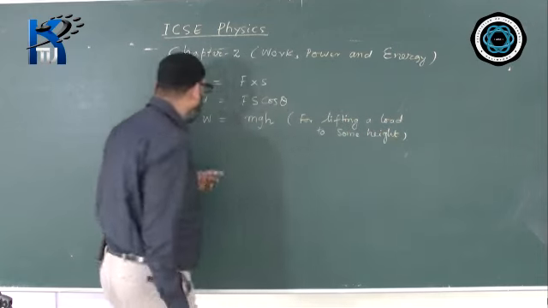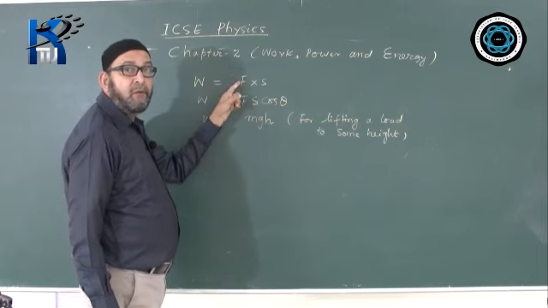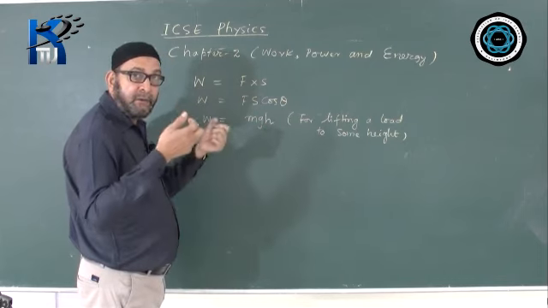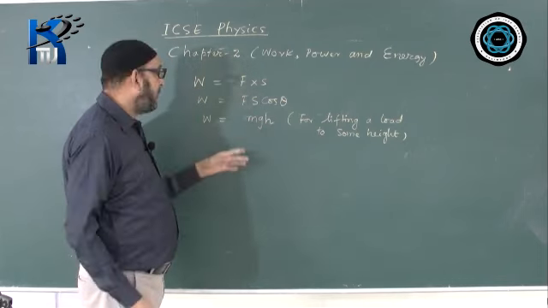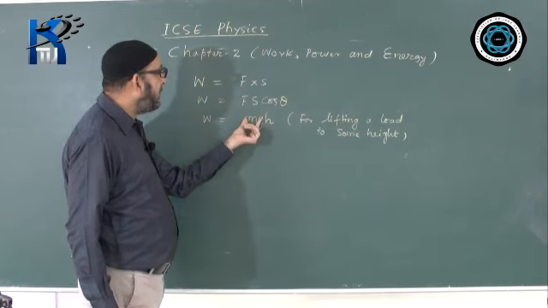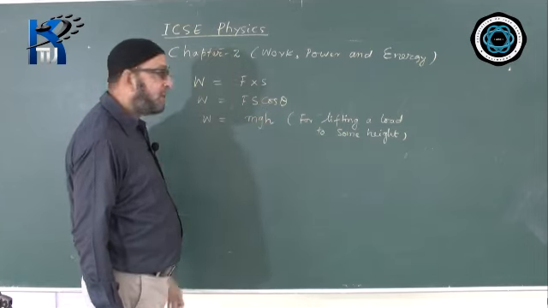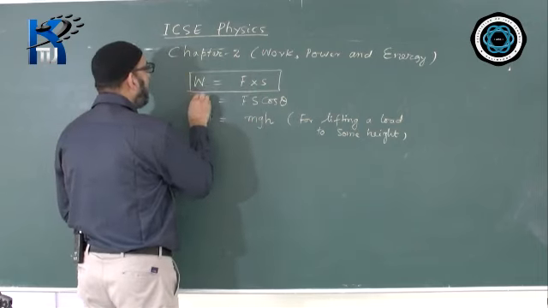That time we can directly use the formula work, W is equal to mgh, and the logic is force will be equal to the weight of the body. The effort will be the same as the weight, because you have to give equal effort to lift the body up, and the displacement will become h. So F value is mg and displacement value is height. So the formula becomes mgh. So these are the formulas which will be used for calculating work.